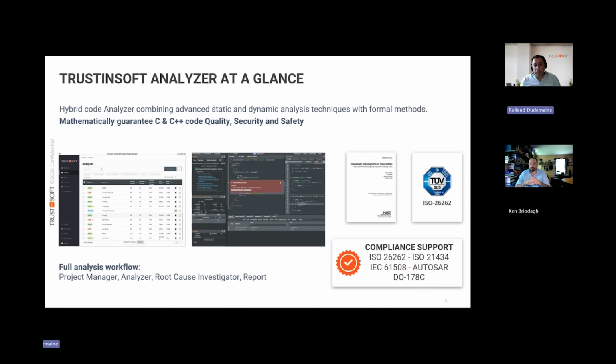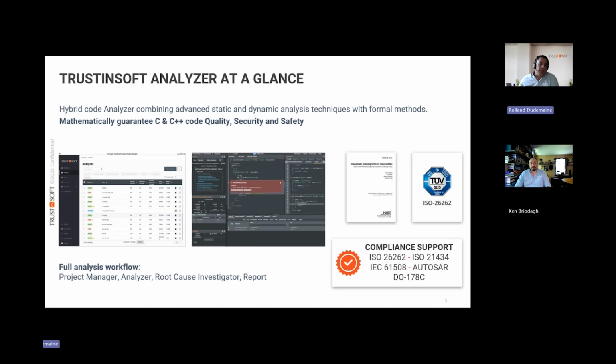If you look at the solution that we provide, it's actually a complete environment. There's a graphical project manager to configure the analysis of your software. Then the analyzer core itself is command line driven and can be run in CI. It's actually designed to run in CI. When you find issues, alarms, or undefined behaviors, you can investigate them with the root cause investigator.